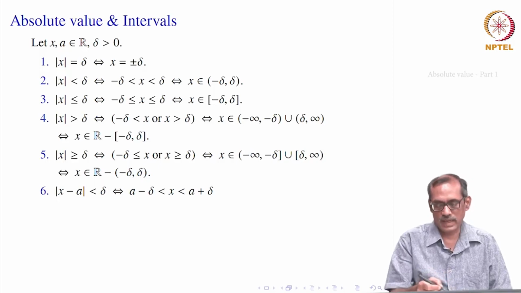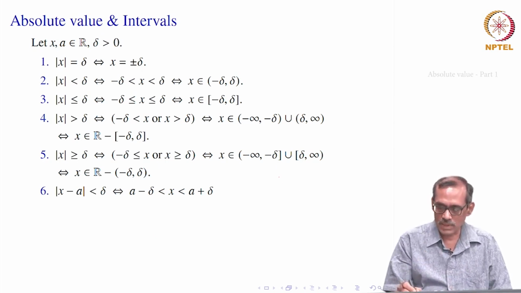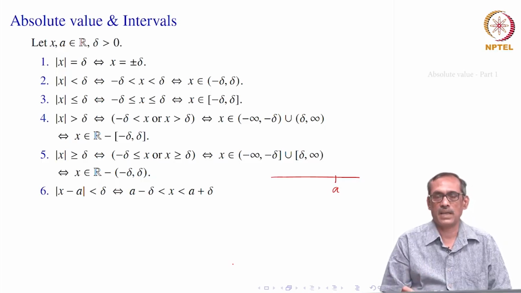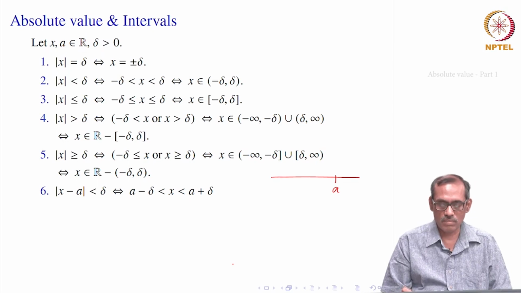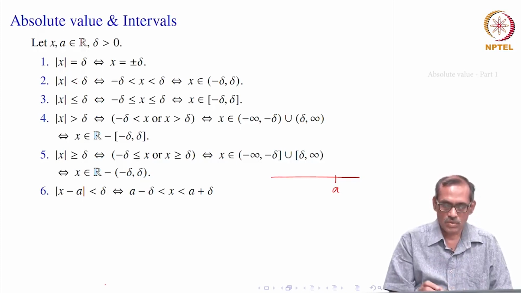So now, let us slightly shift our origin. Instead of considering from 0, let us consider from the point a, which is also a real number. So we have somewhere a, and we are now thinking that the number mod x minus a will be less than delta. So, what does that mean? Now, instead of mod x less than delta as in 2, we are thinking mod x minus a is less than delta. So, as earlier, the origin will be shifted to a now.